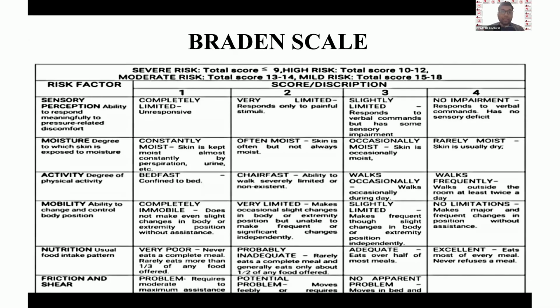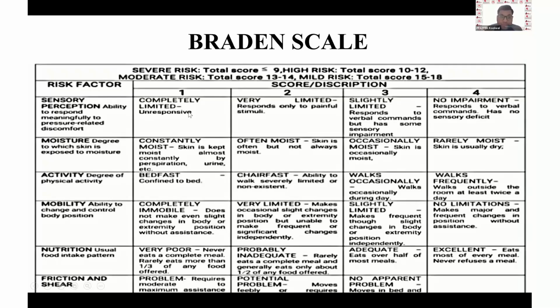So this is a Braden scale. In the Braden scale, there are 6 points: sensory perception, moisture, activity, mobility, nutrition, and friction and shear. Most patients in a good critical care setup come in the moderate risk or milder risk category. If you miss this moderate risk, it will very easily transform to severe risk,